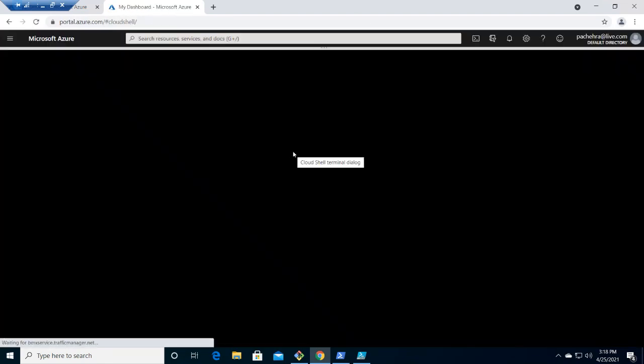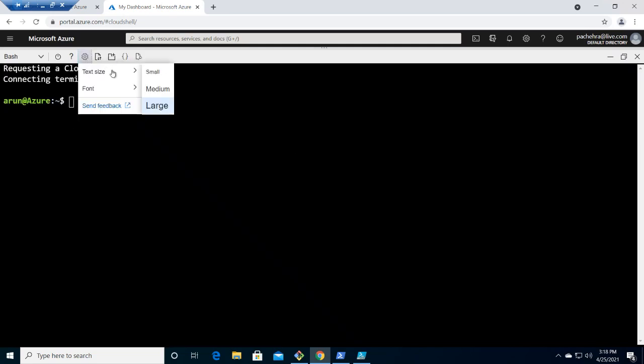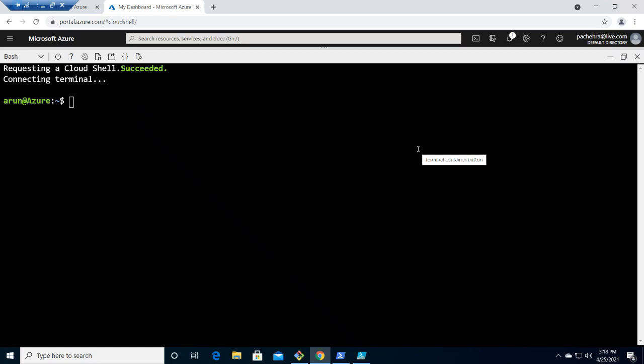I'll try to maximize the size of the fonts so that it would be easy for everyone. It's already large. Oh, thank God, I must have done it before the break. All right, so I'm inside the CLI. The very first thing when you are using the MSI CLI, not the Azure Cloud CLI, is that you have to log into your account with az login. But right now I'm in the Cloud CLI, so I need not log in. However, I need to check whether I'm working on the right subscription or not, which is very important.